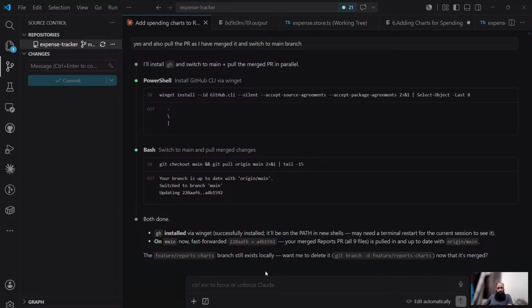what else it's going to do. Delete. Now it's merged. Leave it. I want to leave this locally. Leave it. And on main, while it is staying on main branch,